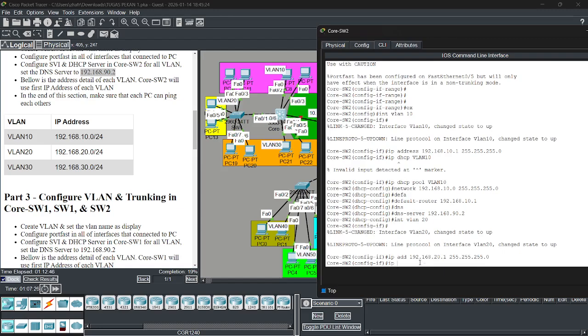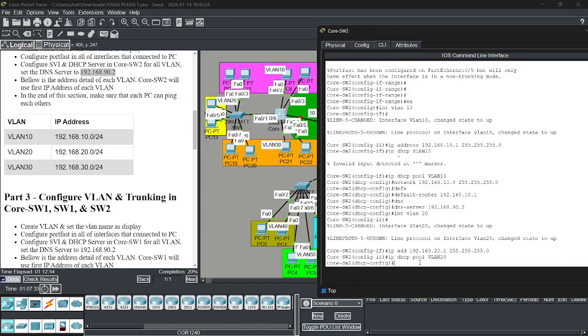After that ip dhcp pool VLAN 20, and then network 20.0.